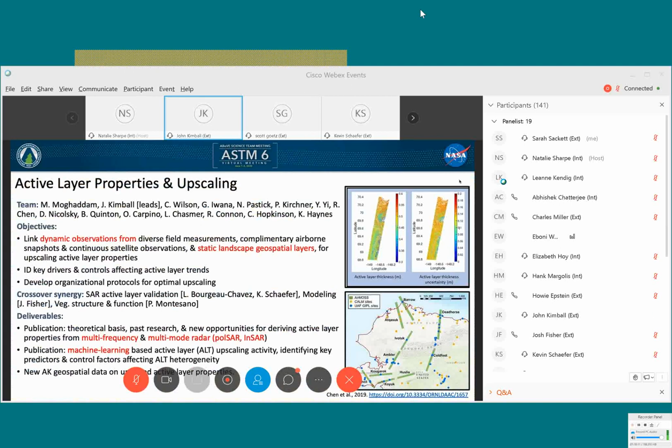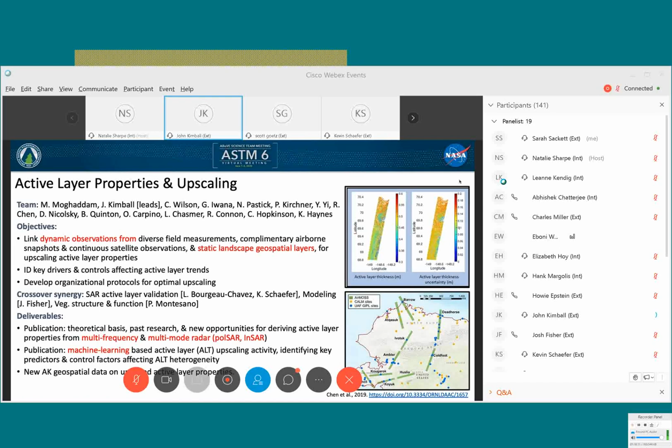The second activity is this active layer properties and upscaling activity. This is being led by Matamagadam and myself. The objectives here are really to characterize, again, emphasizing these legacy SAR lines across northern Alaska, where we've got multiple